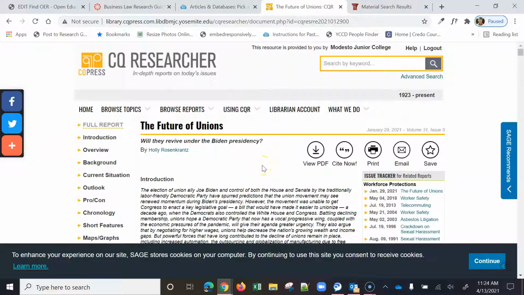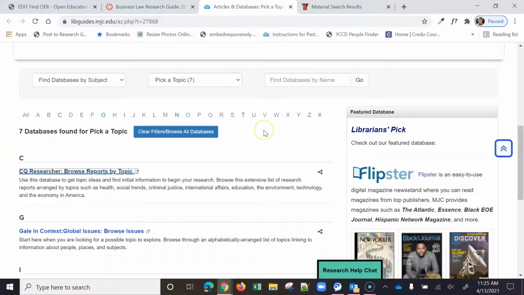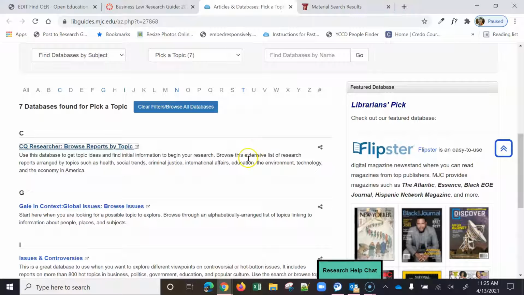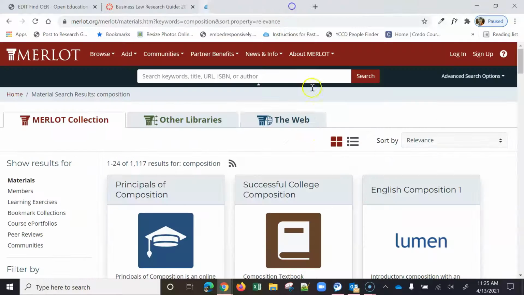What I recommend you do is print the article. So print the full report and read it very carefully. Highlight, underline, make notes in the margins. If the article raises a question in your mind, write that question down because maybe it's something you want to follow up on in your more in-depth research. So that is CQ Researcher and finding a topic. We have several other topic databases, but once you find your topic, then we're ready to move on